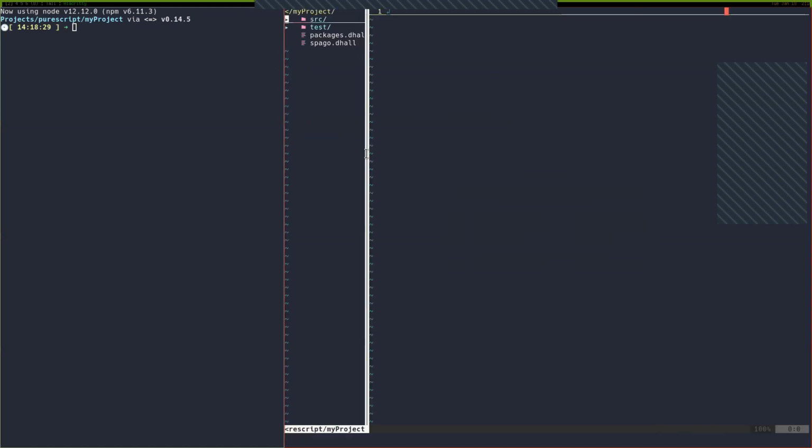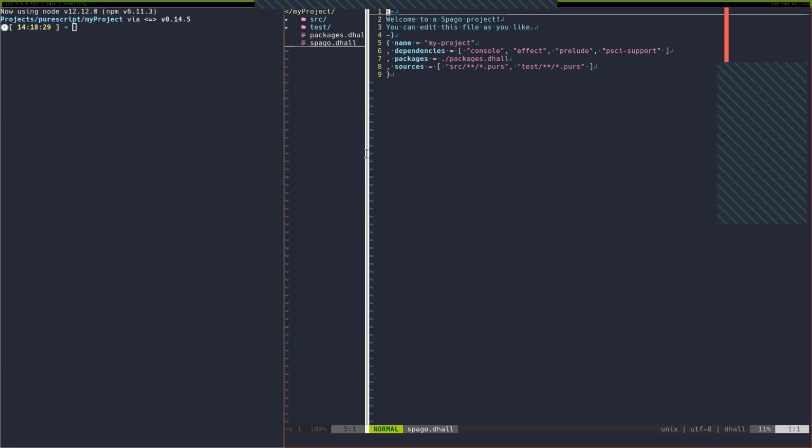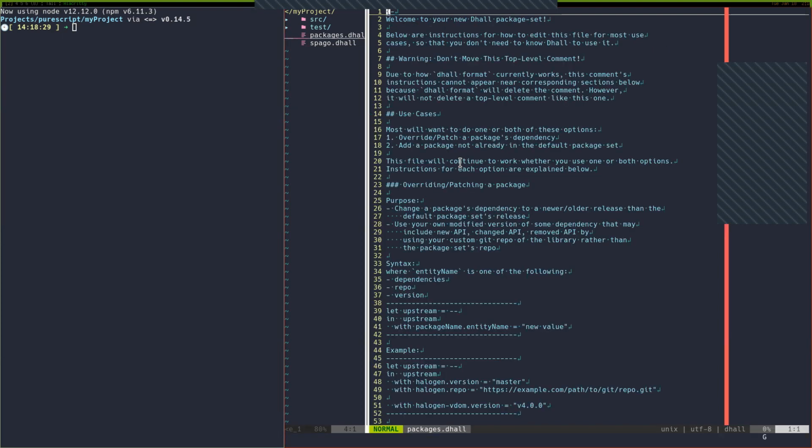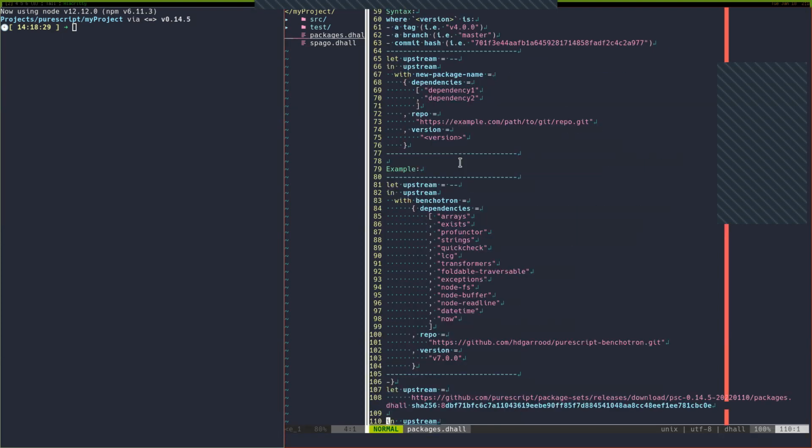Okay, so we have a spago.dhall. This defines the dependencies for your package and gives some additional information about how your package should be built by Spago. Then you have the packages.dhall, which defines your package set.